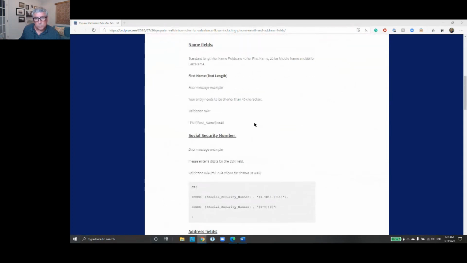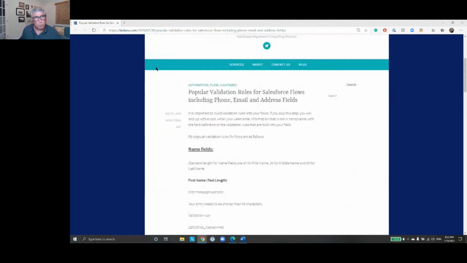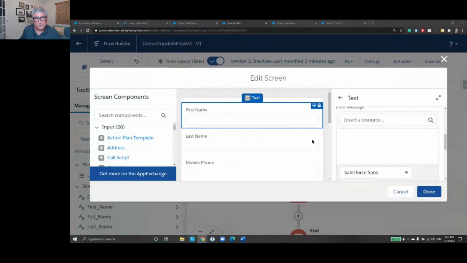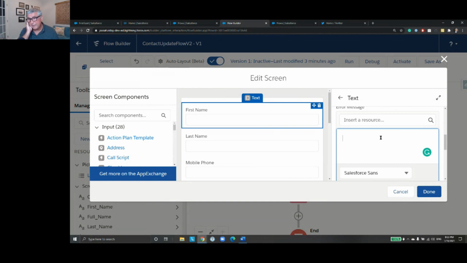So this blog post already includes most of the validations I'm going to use today. What you want to do in your validations is, for example, there's actually a maximum length associated with most of these fields. You can Google that, and it's available on, I think, the developers Salesforce site. You can find all the different fields and their maximum lengths. So for our purposes, I'm going to say